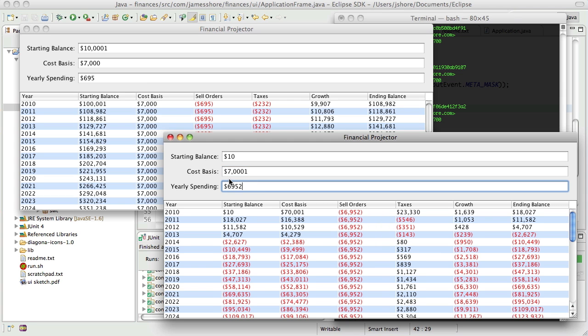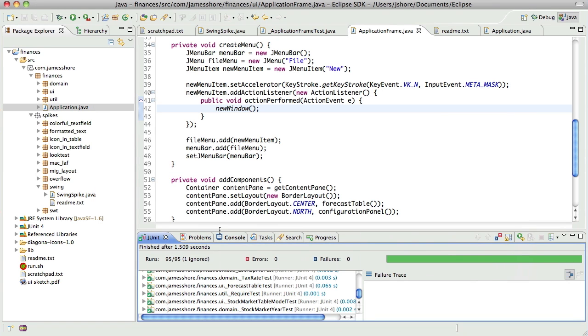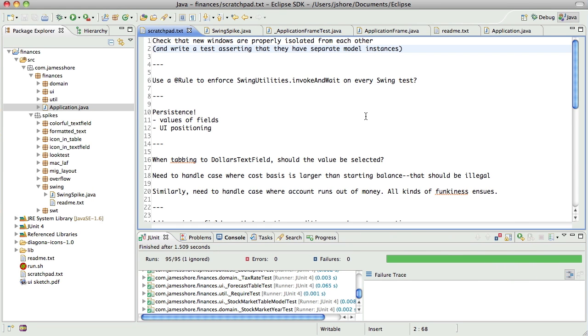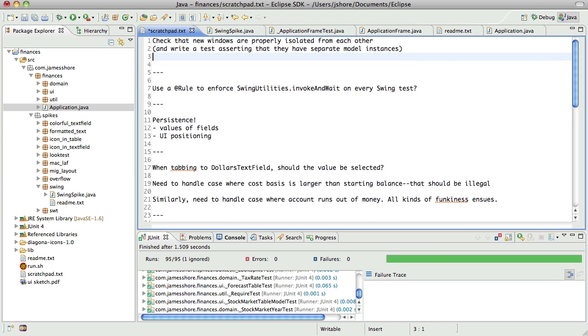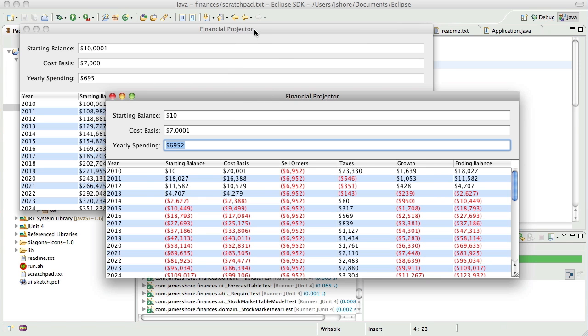These are independent. If I close this one, oh, there's no way to close it. So I need a window close. So we need to close the windows. Looks like the Mac is automatically switching between the windows for me, so I don't need to do anything about